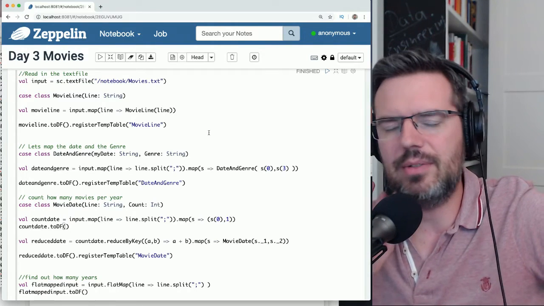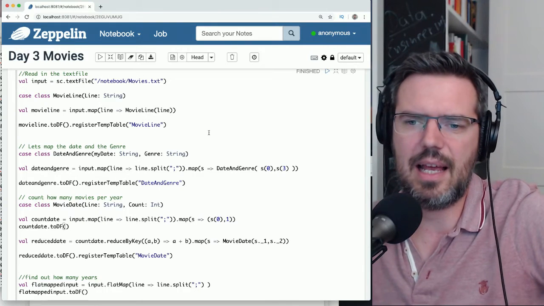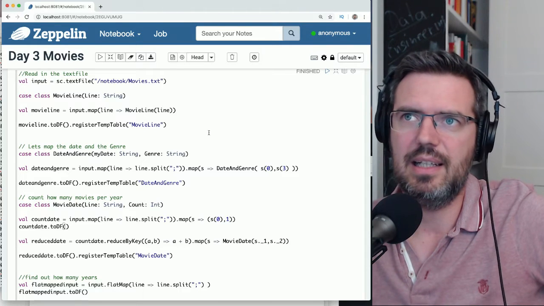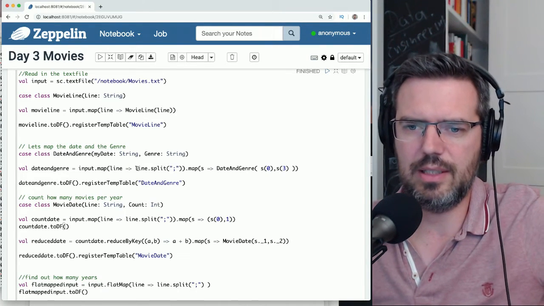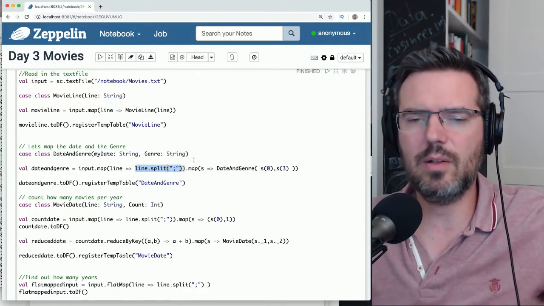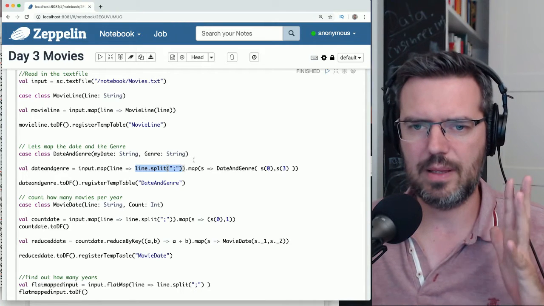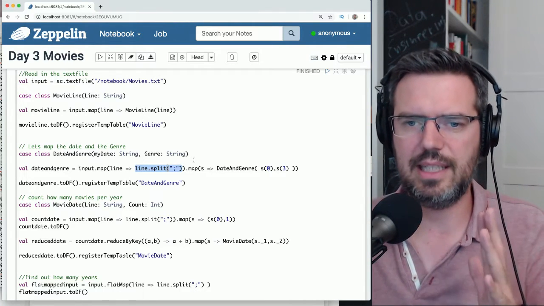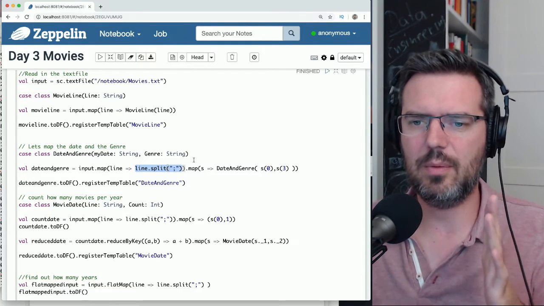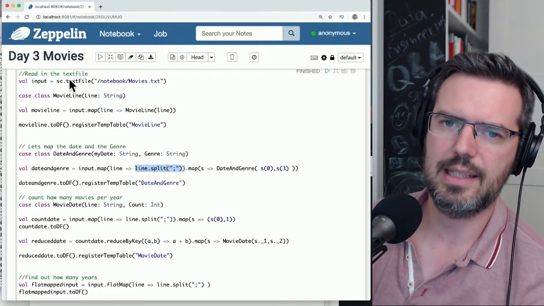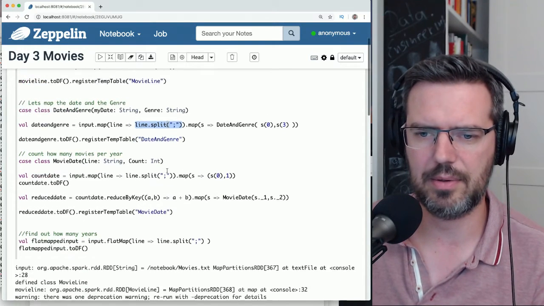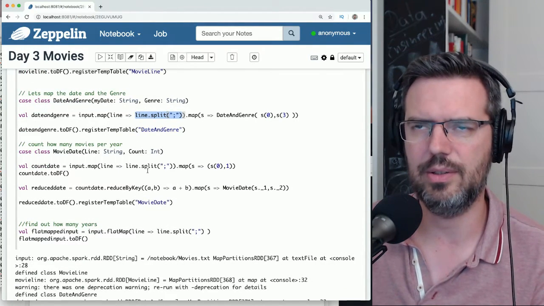Yeah, you can absolutely read this as a CSV. I just want to show you the basics of handling a text file, and this is why you need to do these splits, for instance. I don't want to have a data frame. I want to start with the absolute basic stuff. I want to start with RDDs and then put them into data frames. I don't want to start with data frames right away and get this not as a text file, but as a CSV, and then a data frame comes out. This is not what I want to do here.